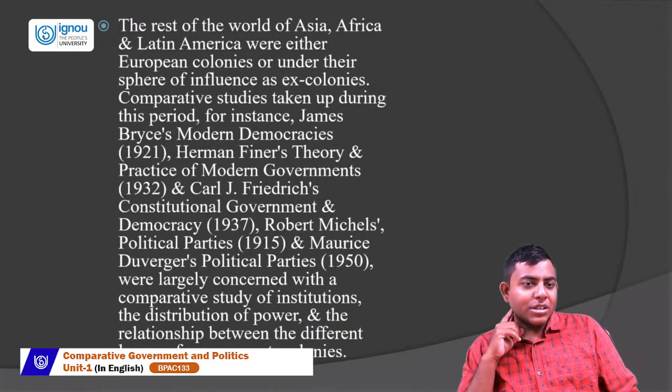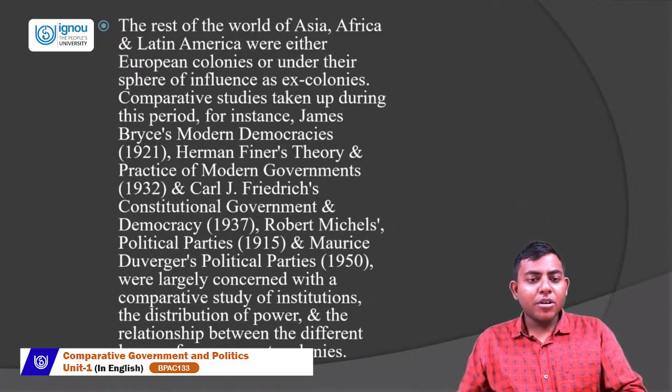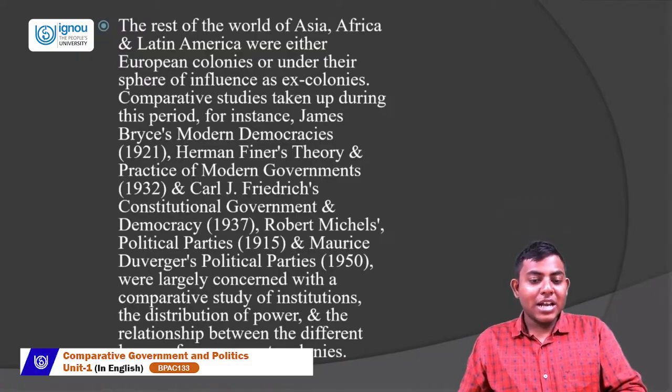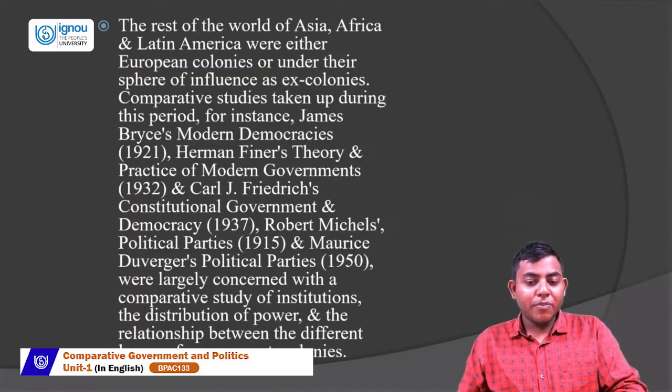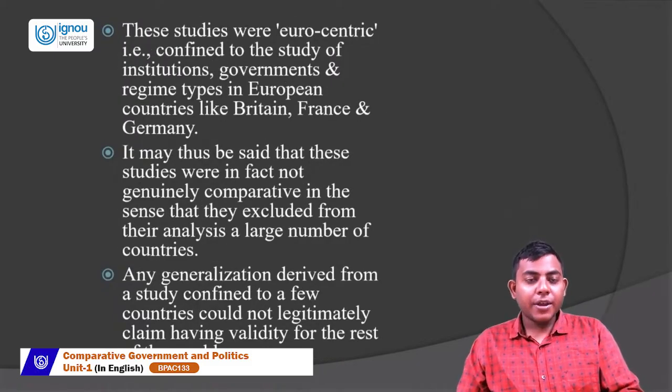Comparative studies taken up during this period, for instance, by James Bryce in his book Modern Democracies, Herman Finer's Theory and Practice of Modern Government, Carl J. Friedrich's Constitutional Government and Democracy, Robert Michels' Political Parties, and Maurice Duverger's Political Parties were largely concerned with a comparative study of institutions, the distribution of power, and the relationship between the different layers of government. These studies were Eurocentric, and they were